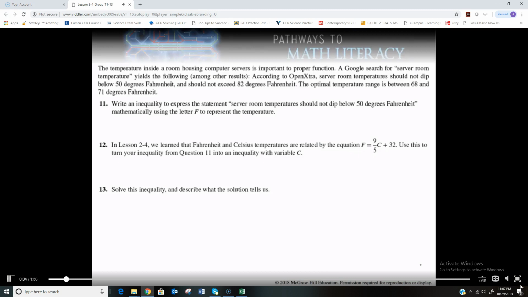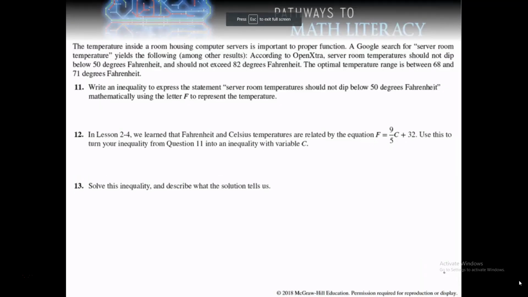So we have a computer server room, and we're told that server rooms should not dip below 50 degrees Fahrenheit and should not exceed 82 degrees Fahrenheit. So in 11, they want us to write an inequality focusing on that first part, that server room temperatures should not dip below 50 degrees Fahrenheit. So that would be that F